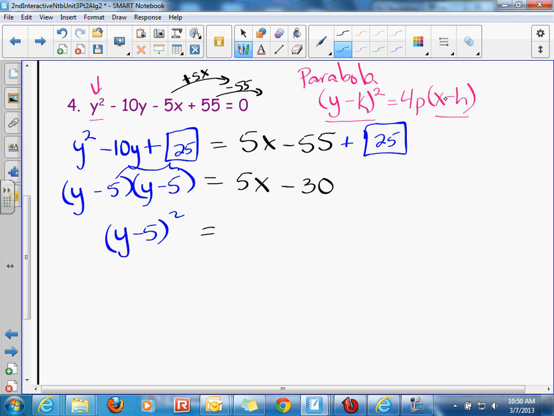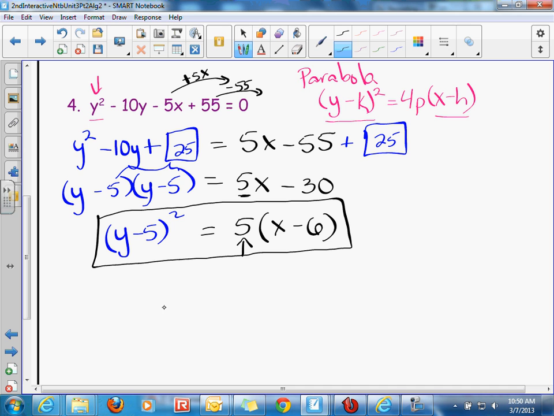Now the right side is supposed to have 4p and then some parentheses with the x's. So what you always have to do, and it's always the last thing that you're going to do, is factor out the coefficient from the x. And it's always whatever is with the x, the sign and everything. If this was negative, I'd factor out a negative. So I'm going to factor out 5. So 5x divided by 5 is x. Negative 30 divided by 5 is negative 6. That's where the 4p comes from. In this case, it'd be kind of weird because it's 5, but we could work with it anyhow. But this is the equation that you have